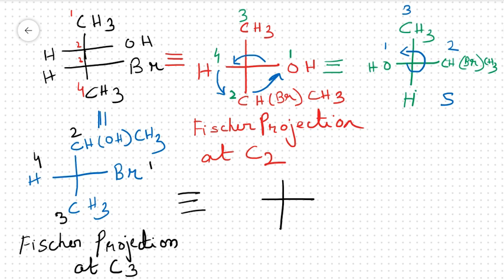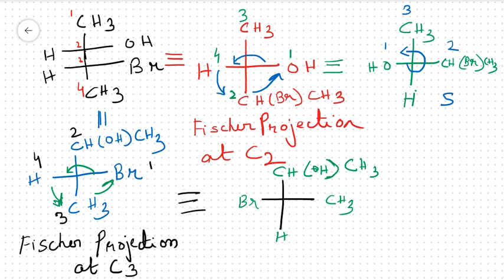So likewise, if we draw here, we should keep 4 here, that is, the lowest priority group should always be in this down part, this one here and like that. So it becomes very easy for us to configure any compound very easily and without any brainstorming, and also convenient, using some of those tricks which I have told you.